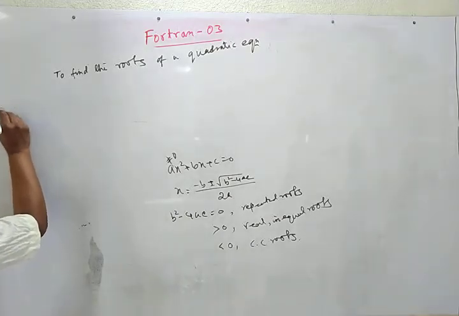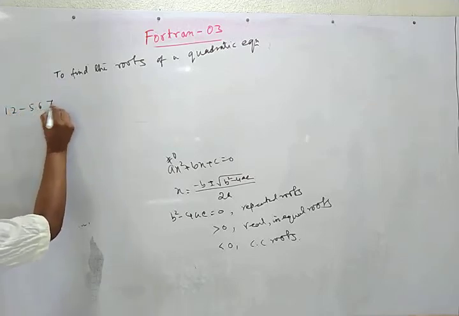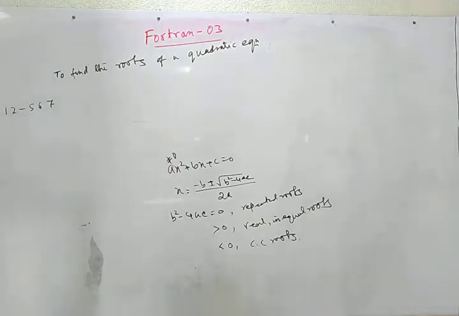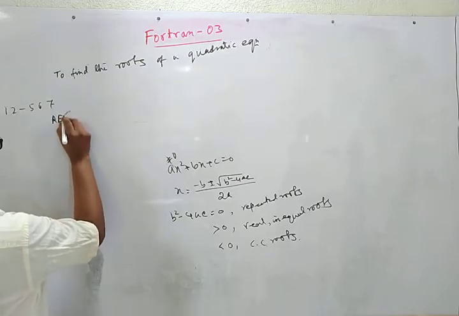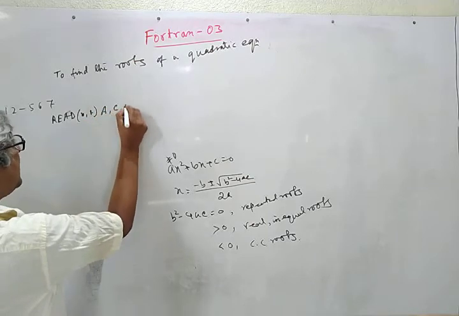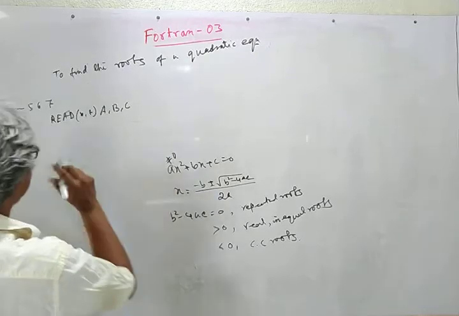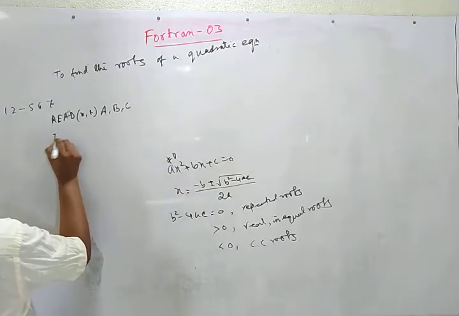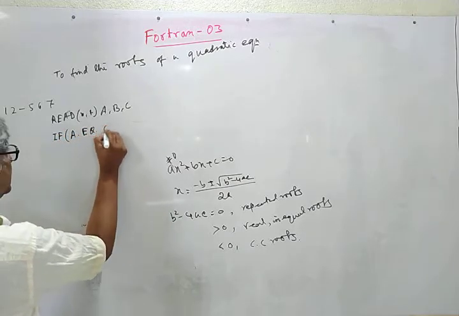This is line 1, 2 to 5, 6, 7. I hope everything is noticeable. Yes. Now, first thing, read a comma b comma c. First we check whether a is 0: if a is equal to 0,